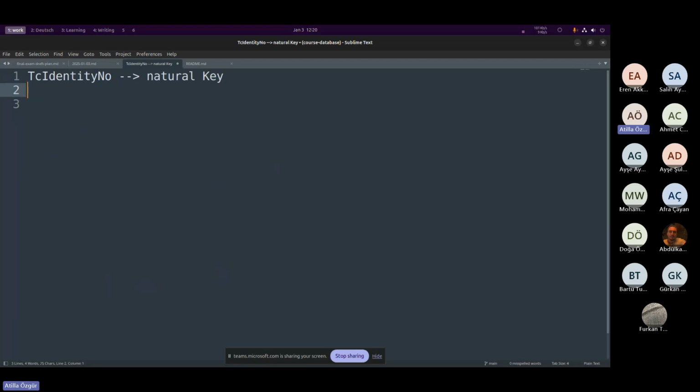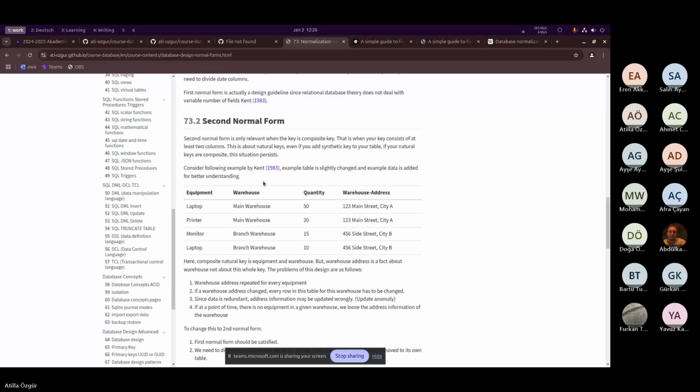And I can add, for example, person ID or person key as a synthetic key to a table. Okay, adding this synthetic key doesn't change the fact that this Turkish identity number is a natural key in this table. Okay, this example, we have an example